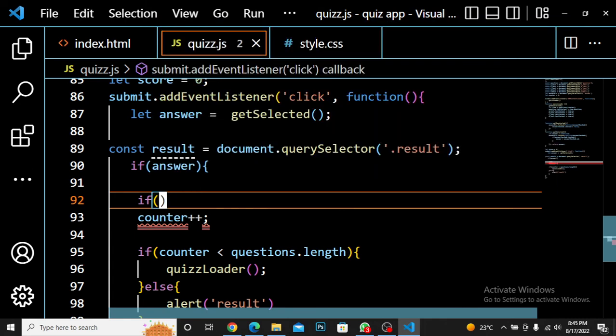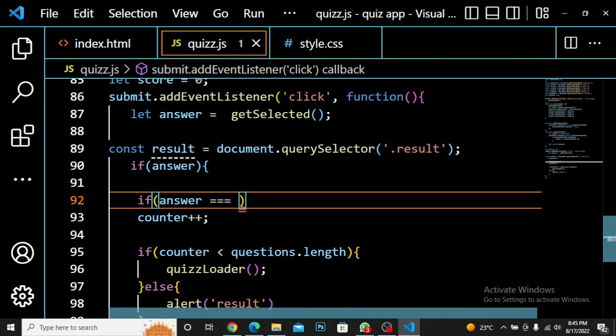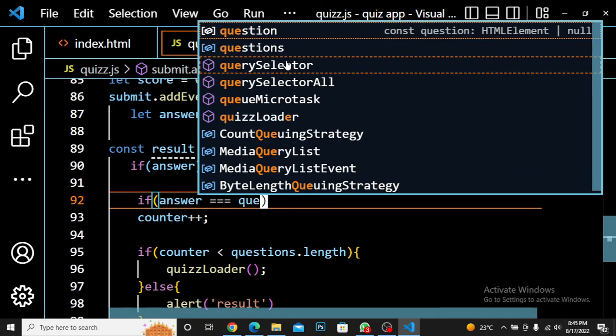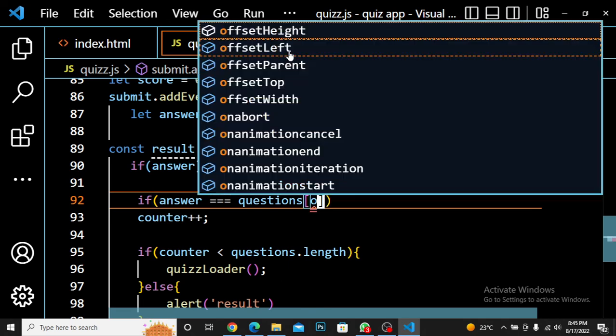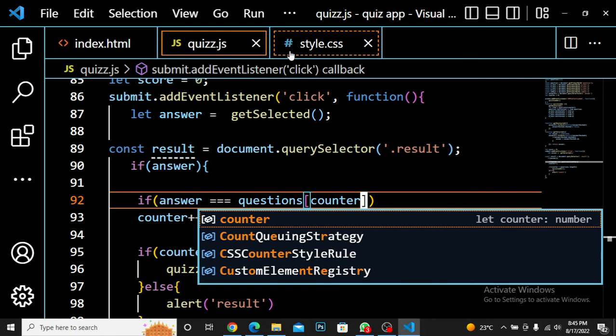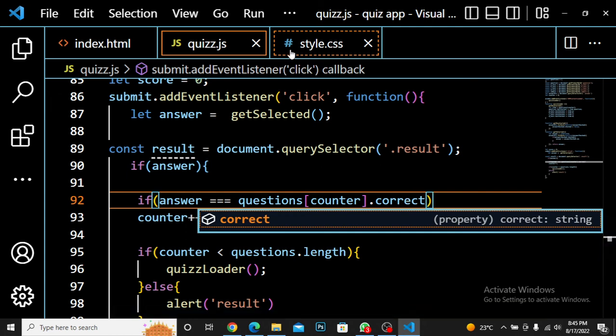I'm going to say that if answer is equal to our array, which is question, counter, which is the question counter that is looping, inside dot correct. Yeah,